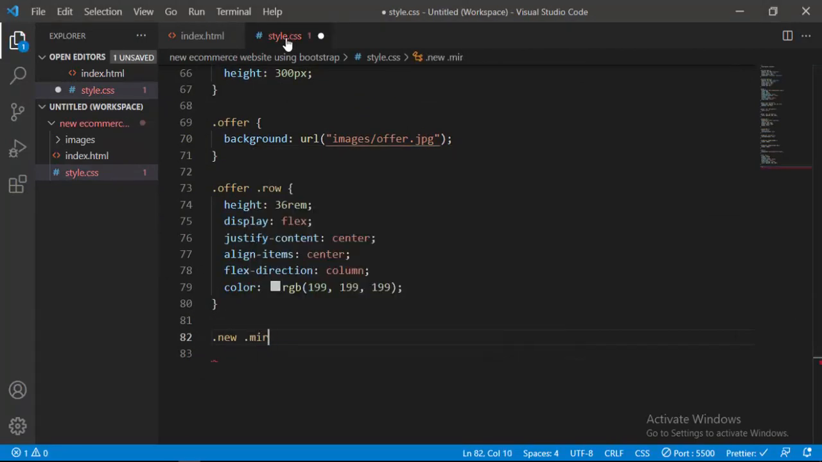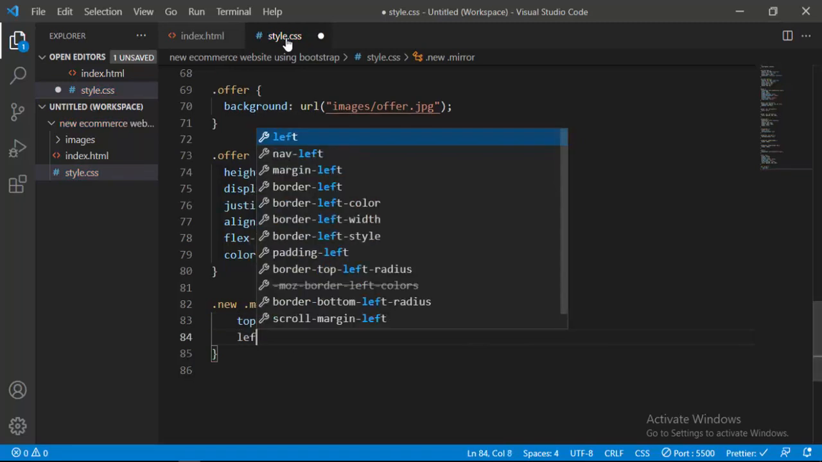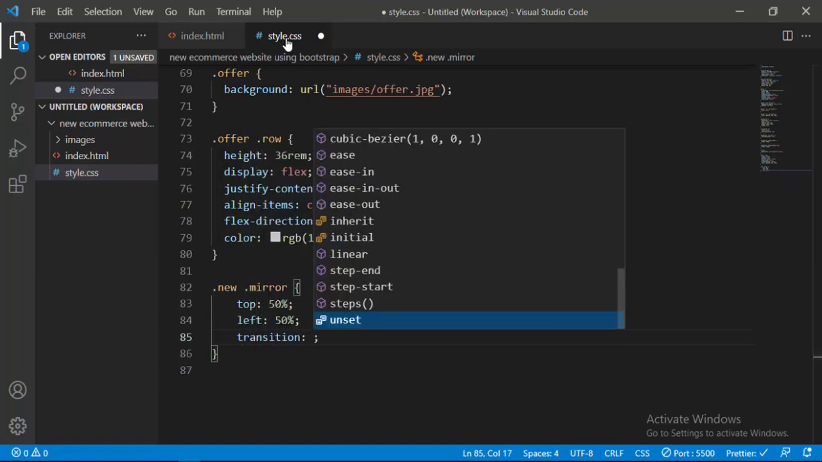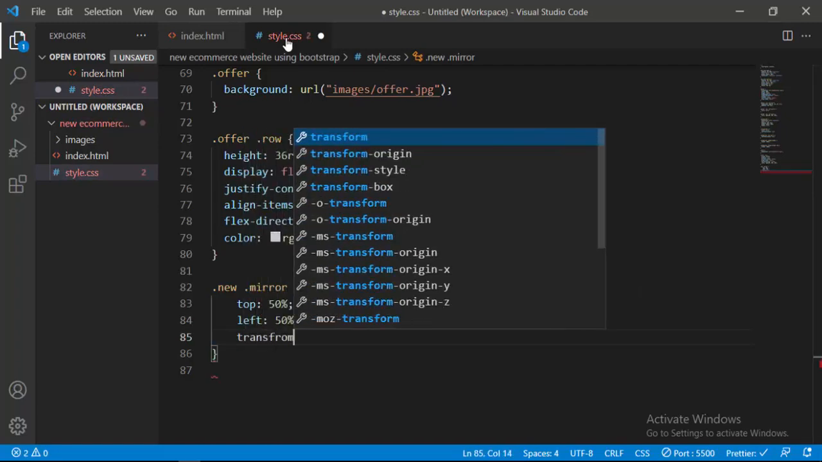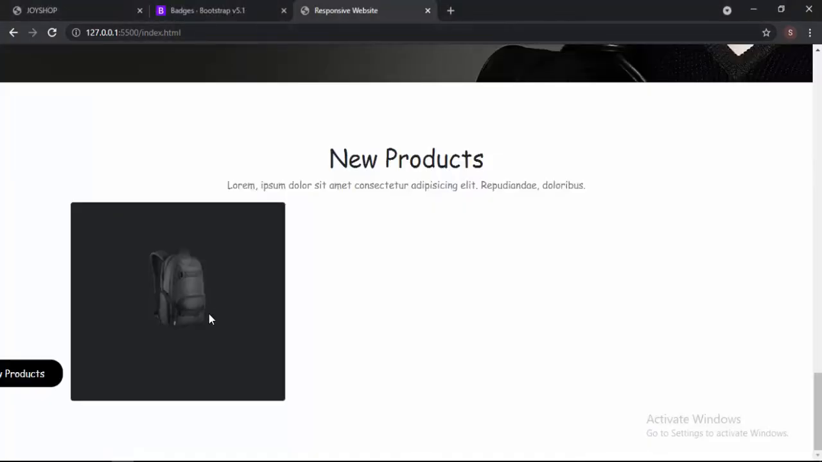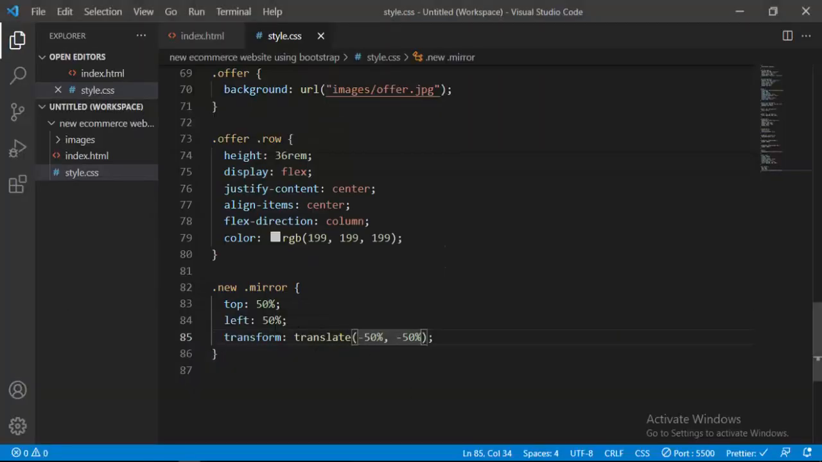So say mirror, and here I'm gonna set its position, its top to 50%, and from the left also it's going to be 50%, and translate to make it perfectly at the center: transform translate x minus 50%, and also minus 50% from the top, and from the sides, and it should get at the center. No, it isn't, because of left